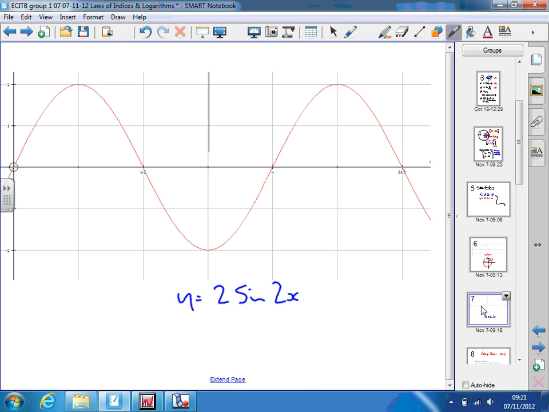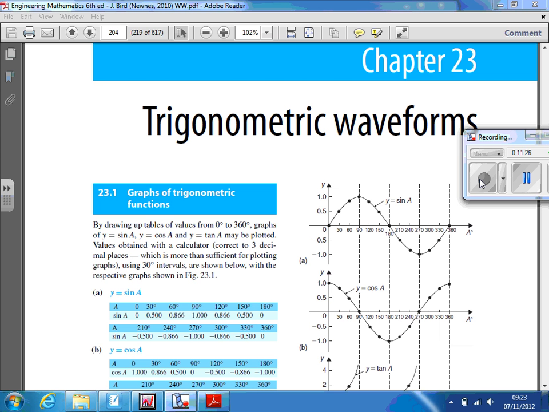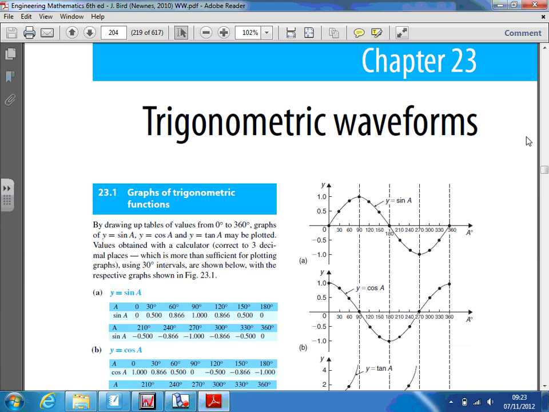As part of your work towards assignment 2, I'm now going to issue assignment 2. You need to look at that section on trigonometry, on sine and cosine waves, to be able to plot the waves that you're asked to do in the assignment. Page 204 in the textbook, trigonometric waveforms, talks about this, so you can read it. It shows you the sine wave, the cosine wave, which is related, but instead of starting along the horizontal axis, it starts in the vertical position. So it starts here